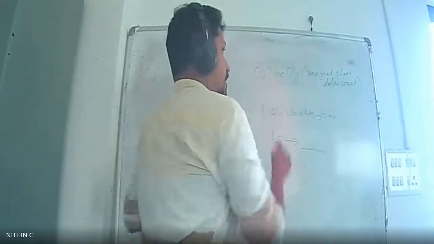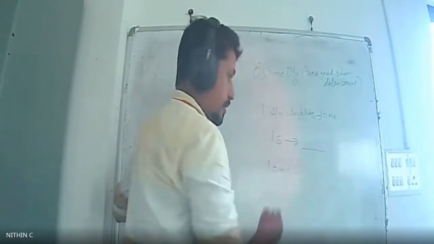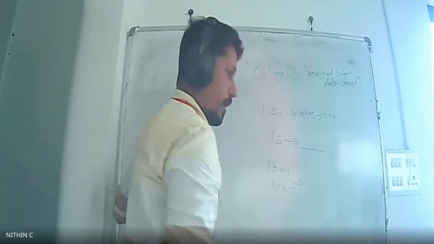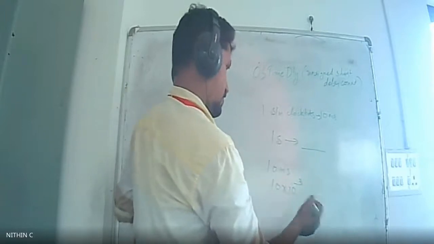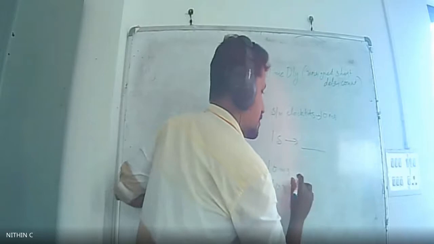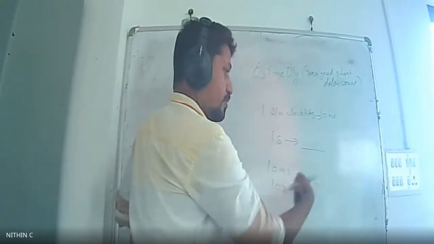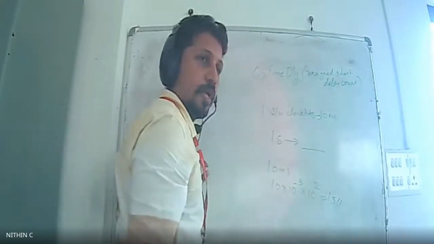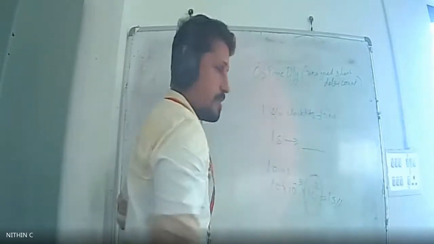100 clock ticks. For every system clock tick, it's 10 milliseconds. Right? 10 milliseconds means 10 into 10 raised to minus 3. If I am multiplying this by 100 clock ticks, that is into 10 raised to 2, then you will be having 10 raised to minus 2 into 100, which gives 1 second.